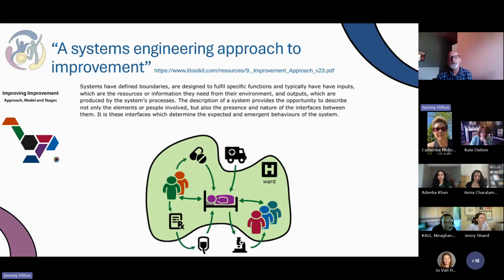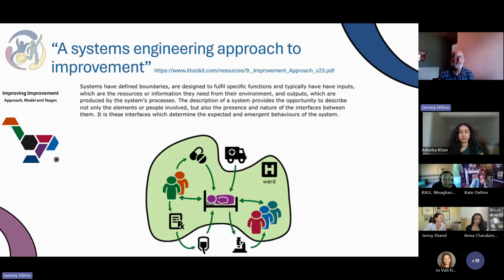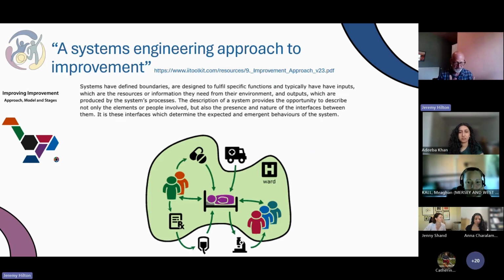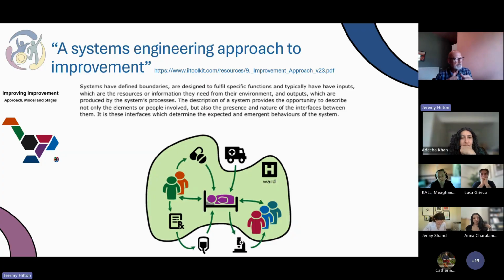And as we're saying there, the description of such a system, we have to describe not just the elements or people involved, but the interfaces, both within the boundary of the transitions, but also how they interact beyond the boundary of the transitions. Because for each of the organizations involved, and that includes the families and the young people, they're also part of other systems. And it's the intersection of those that come together around the transitions. And then we have to be mindful of those when we're trying to understand as best we can the system.